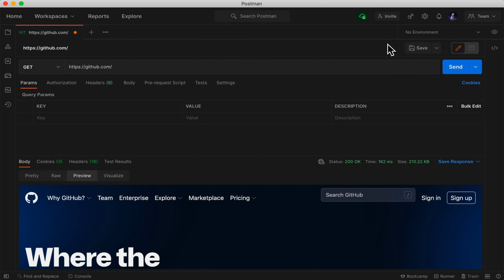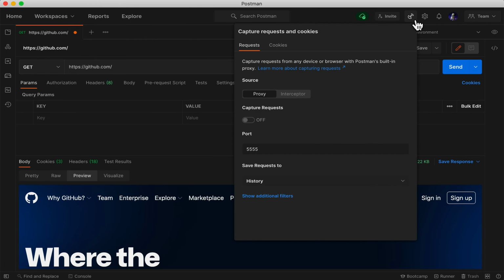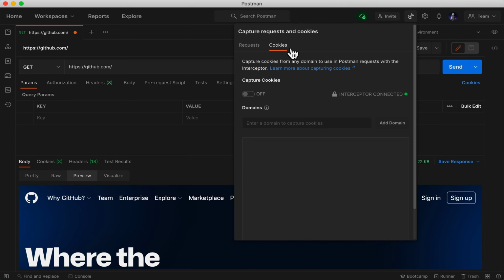Since I'm already logged in on my Chrome browser, I can go capture requests and cookies with Postman. Let's tab over to Cookies. I already have an interceptor connected, you can see by the green light. Let's toggle Capture Cookies on and add a specific domain that we want to sync our cookies with. So here's github.com. I'll go ahead and add this specific domain to sync my cookies between Chrome browser and Postman